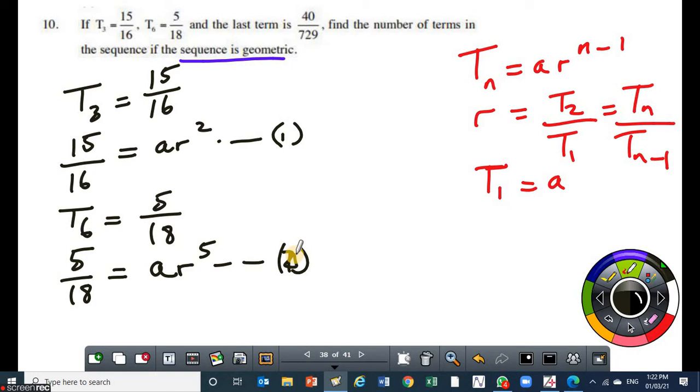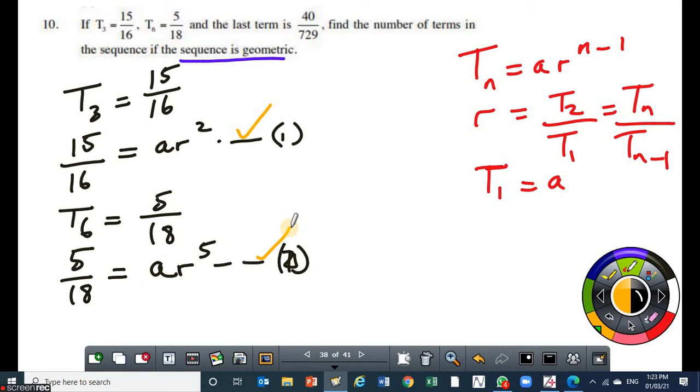Now, when you have two equations like this, in mathematics, whereby you have monomials on both sides, you can divide the left-hand side and the right-hand side. You don't need to make either A the subject or R the subject and then substitute into the second equation. You can divide the left-hand sides and the right-hand sides on their own. You only do that if you have monomials. If you have binomials, then use the method that I've been using so far in terms of